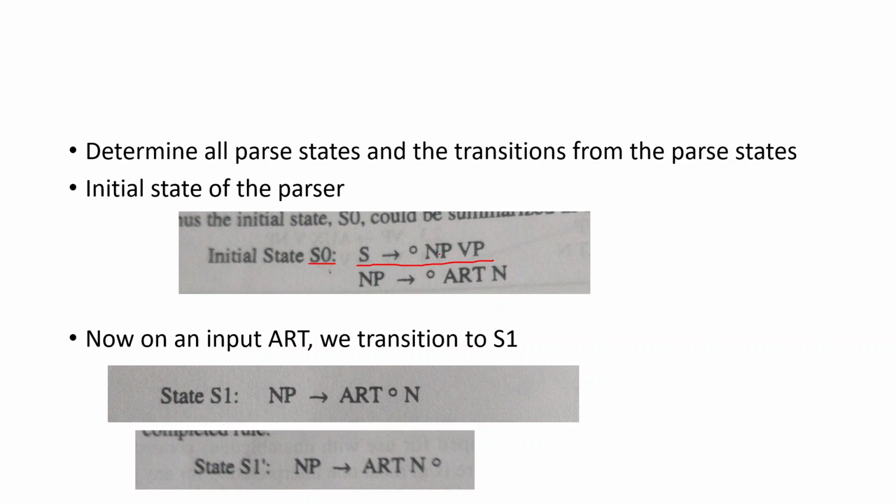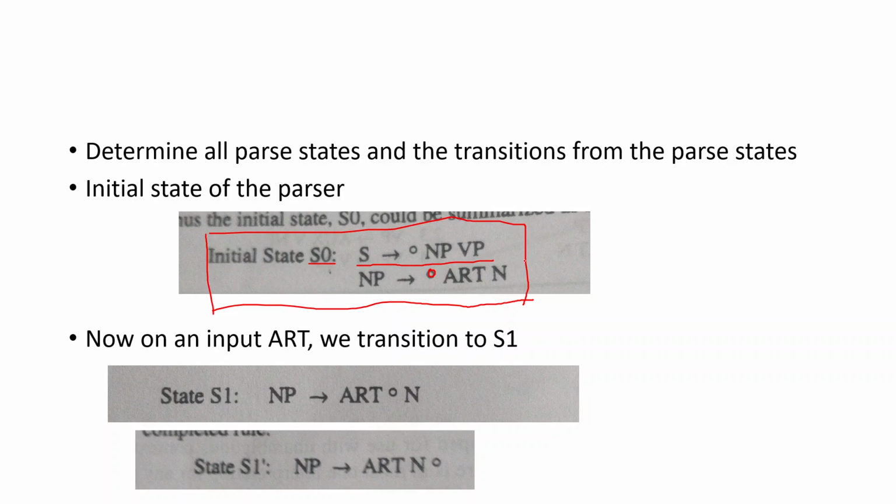Okay. And then you look at all the closure of this particular production, which is those productions which have this particular symbol on the right hand side. So from the grammar which we have, we can have NP gives an article followed by a noun. Again, we have not examined the input, so that is why we have got this dot here. So this is our initial state, which we call S0. Okay, so we have arrived at the first state.